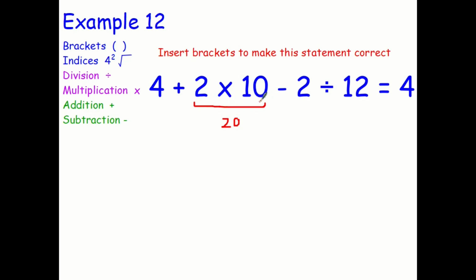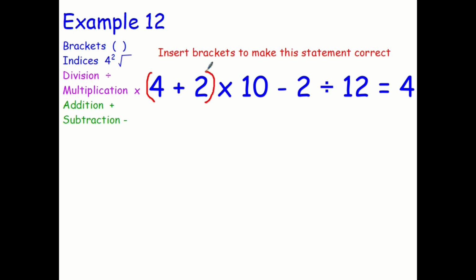Well, I can't do that really. 4 plus 20, well, I can, it's 24, but then if I take away 2 and divide by 12, that's not going to give me 4. I can't do this because 2 divided by 12 is not going to give me a nice number. I'm probably not going to end up with 4. So let's rethink this. Let's have a try at isolating these in a bracket. What does that give us? Well, that gives us